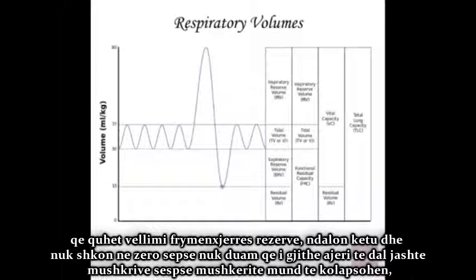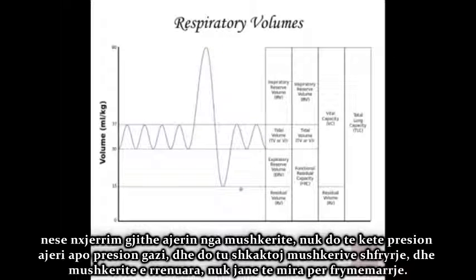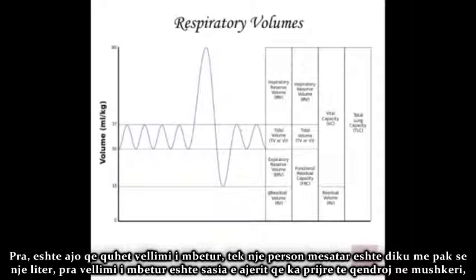And it stops here instead of going all the way down to zero because you don't want to let every last bit of air out of your lungs or your lungs would collapse. If you take all the air out of your lungs, there'd be no air pressure or gas pressure and it would cause the lungs to just deflate. And a collapsed lung is not good for breathing. So there's typically what's called residual volume. It's, I think, a little less than a liter in the average person. So residual volume is the amount of air that tends to stay in your lungs.